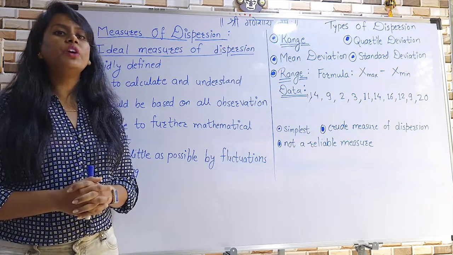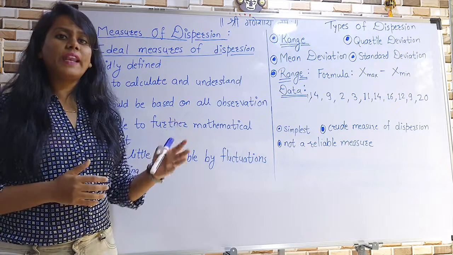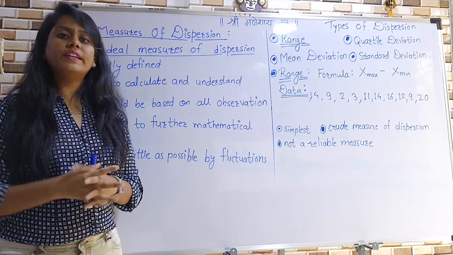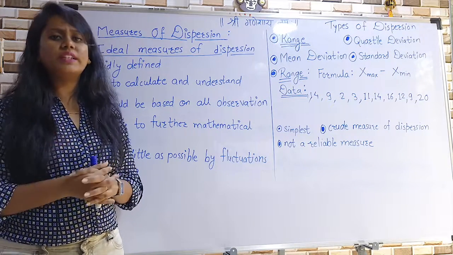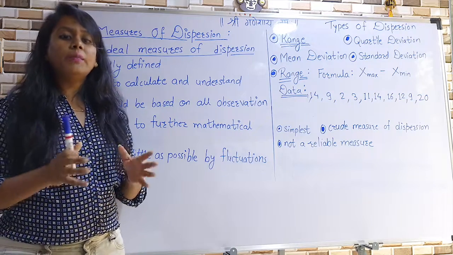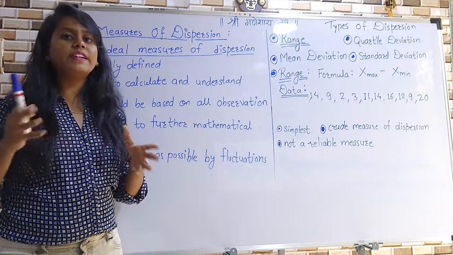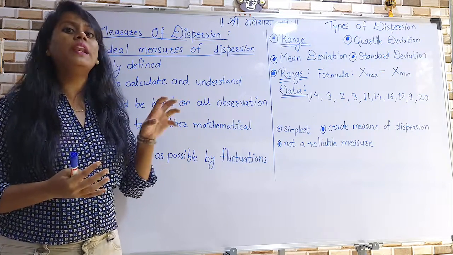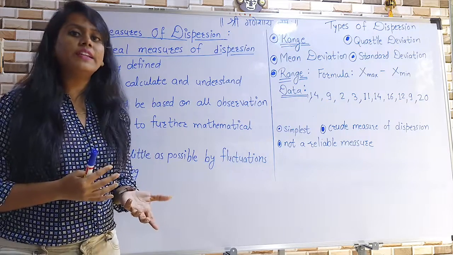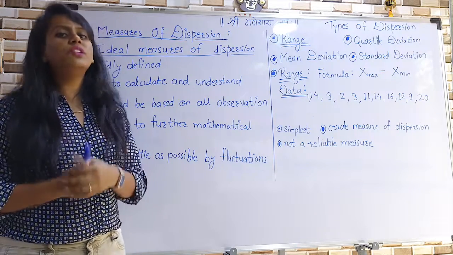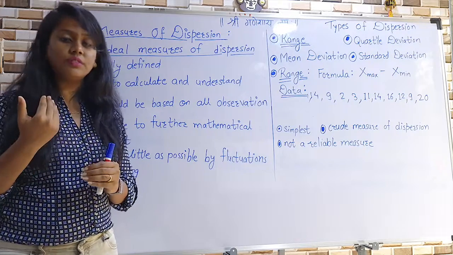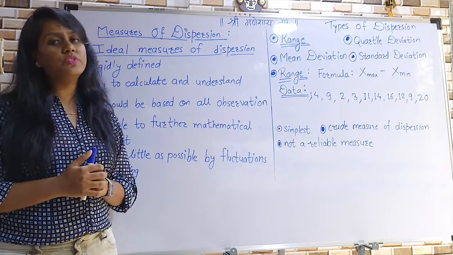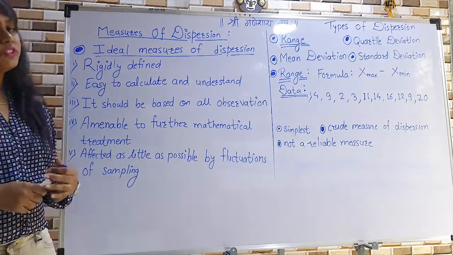For example, you are taking the first sample and you are calculating the measure of dispersion. Let it be X, okay, and you are taking the second sample and again calculating the dispersion, it is Y, but the difference between X and Y is huge, it is large. So is it acceptable? No, it should be less affected, okay. Then and only then we can say that it is a reliable one. Even though we are taking a different sample, there are fewer fluctuations in the dispersion of the data, okay. So this is our fifth point.